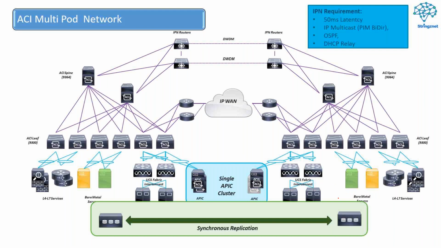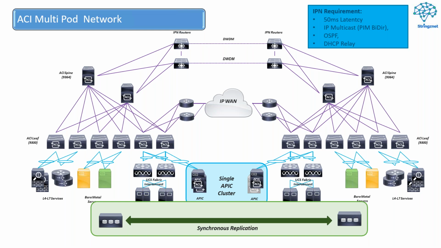Okay. Something which we will be discussing once we are done with our single site ACI fabric configuration is called multi-pod. We will be understanding how this multi-pod setup is created. Multi-pod, as the name says, is a multiple pod of devices, not only one single pod of devices, but multiple pods of devices can be connected together. We will be talking about it in detail.